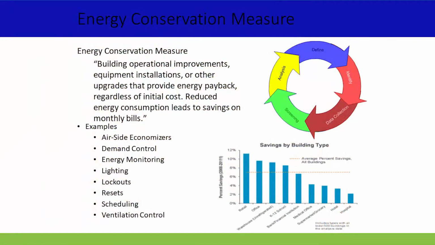So depending on the customer, you want to tweak it to provide what they need, because that helps them report to their owners and their customers how they are saving energy. Some examples of energy conservation measures are airside economizers, demand control, energy monitoring, lighting, lockouts, resets, scheduling, and